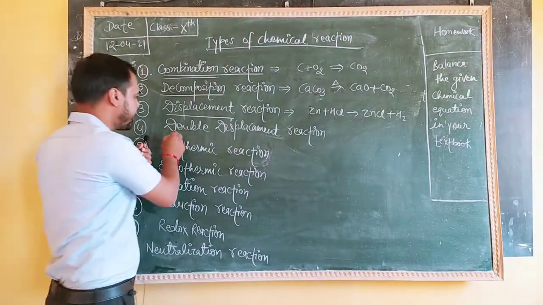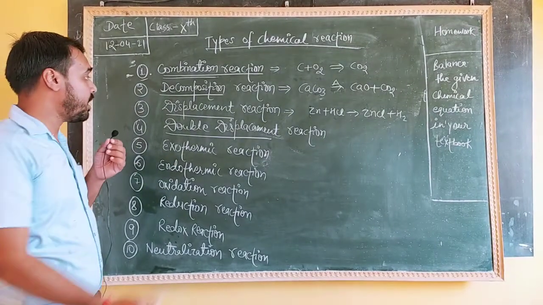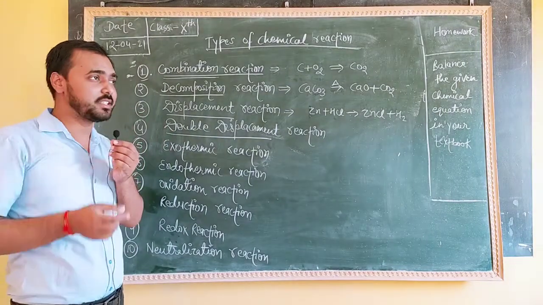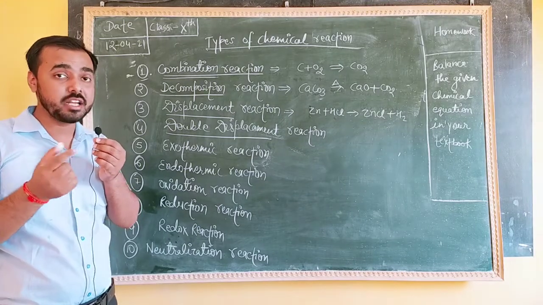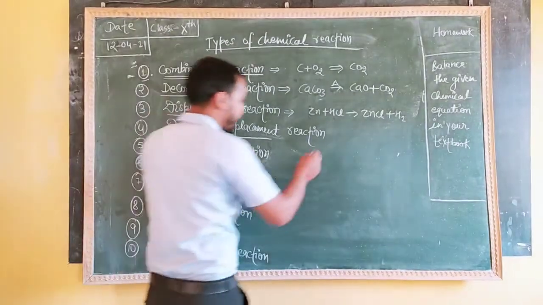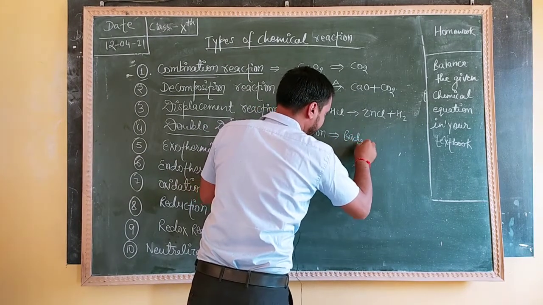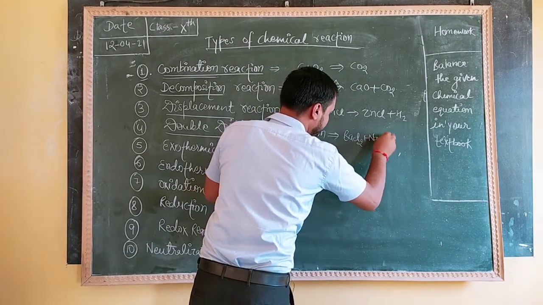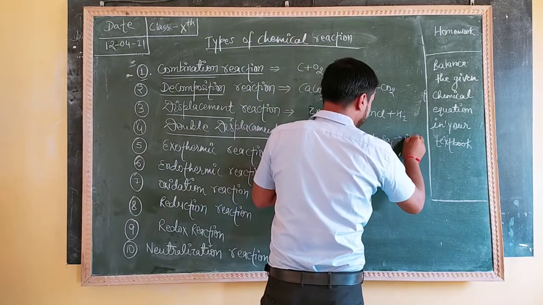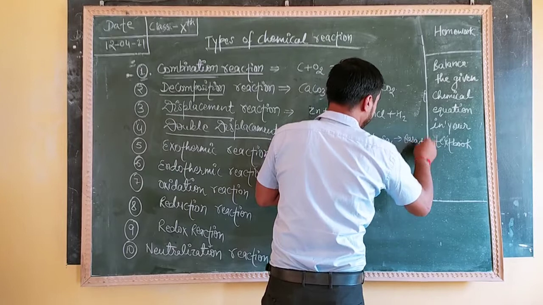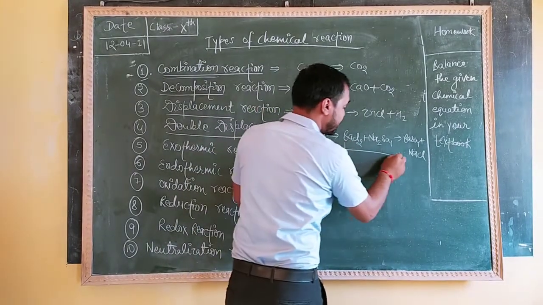So here it is written double displacement. We can simply say it is the exchange of ionic compounds, or exchange of ions between two different elements. As an example, here we can write BaCl2 plus Na2SO4. What is it forming? It forms BaSO4 plus NaCl. What do you observe? Ba is going with SO4 and